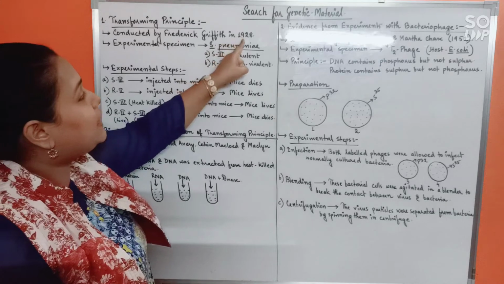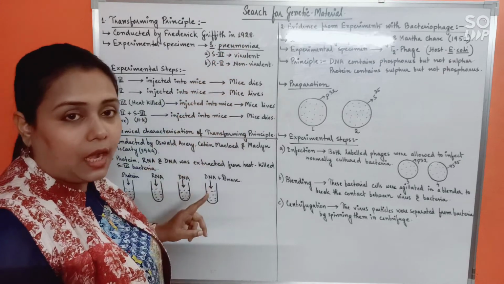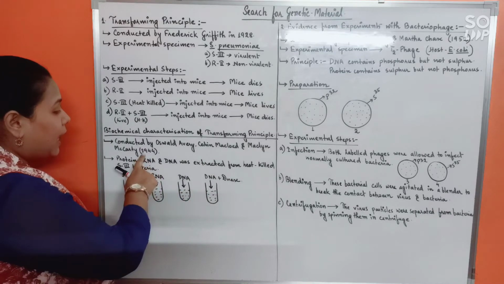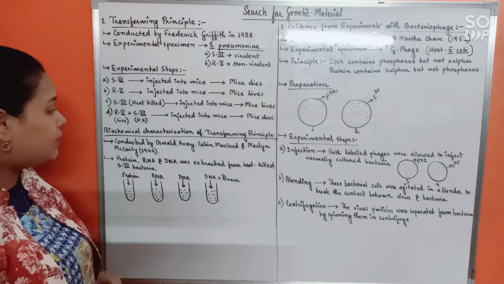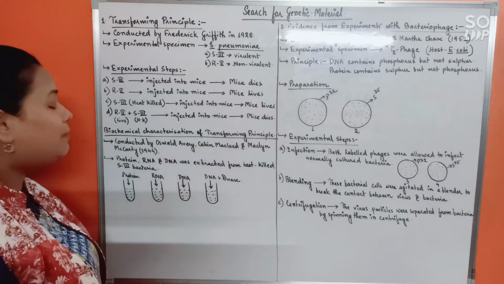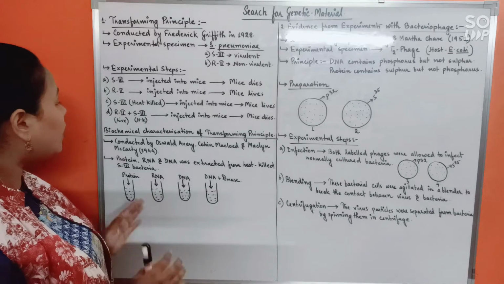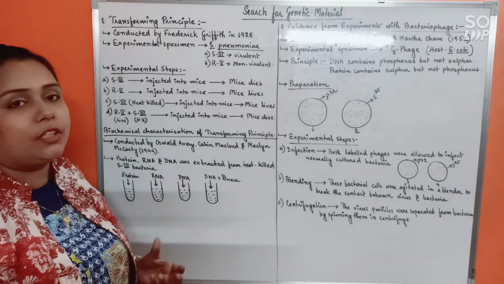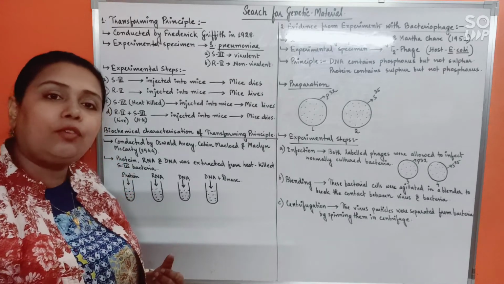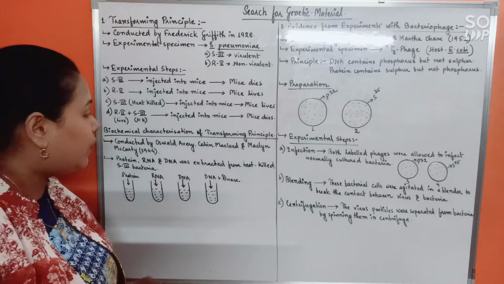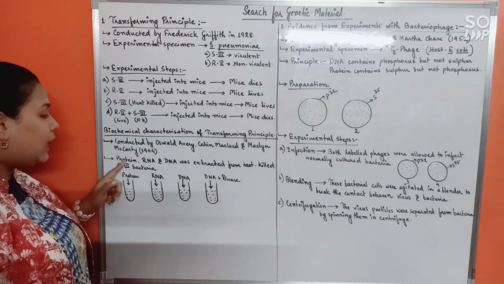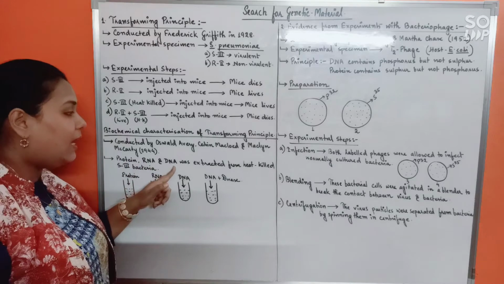It was in 1928 that this experiment was conducted, and the further extension of this experiment was done in 1944 by three scientists, Oswald Avery, Colin MacLeod and Maclyn McCarty. These three scientists tried to find out what the nature of the transforming principle was. For doing so, what they did is that they first extracted protein, RNA and DNA from the